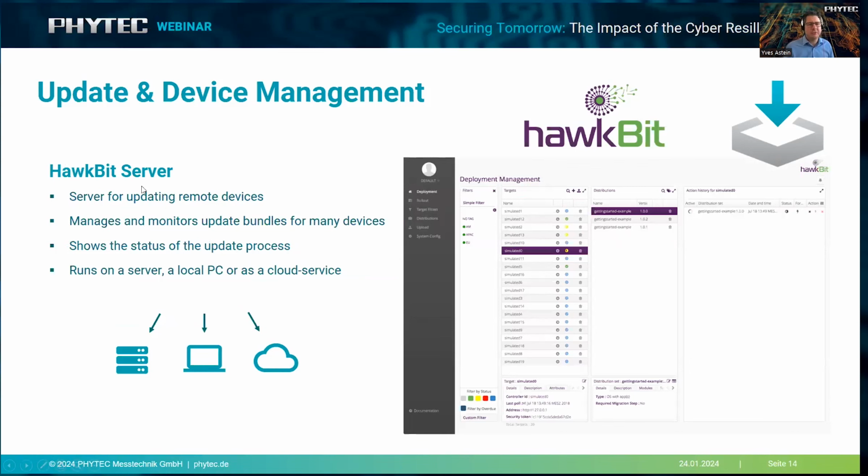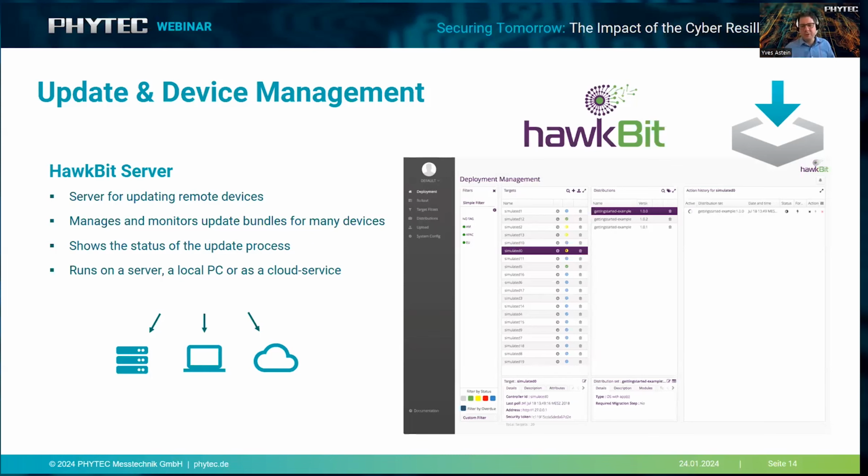In addition to that, we also need to connect to the devices and manage the update process. And this can be done using the Hawkbit server, for example. We have prepared a Hawkbit instance on a virtual machine, Docker image, and this can easily connect to all the devices that you have in the field. And then you can see the status of the device, the current version of the operating system, but also applications, and maybe Docker images. So you can see all the status of this, and then you can determine if your device needs an update, and then you can trigger the update.